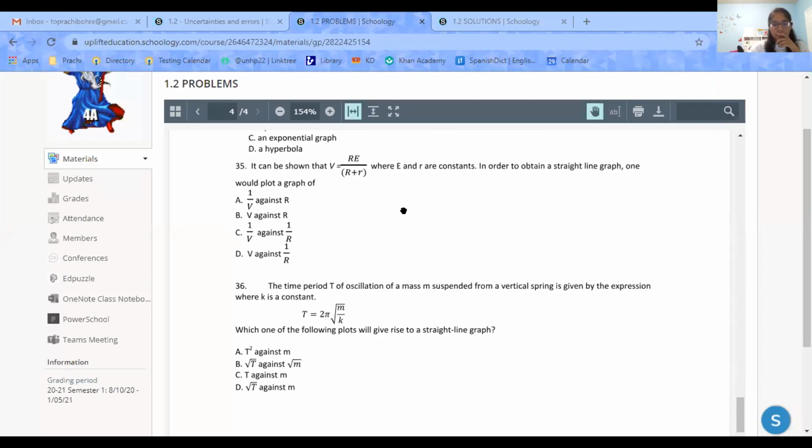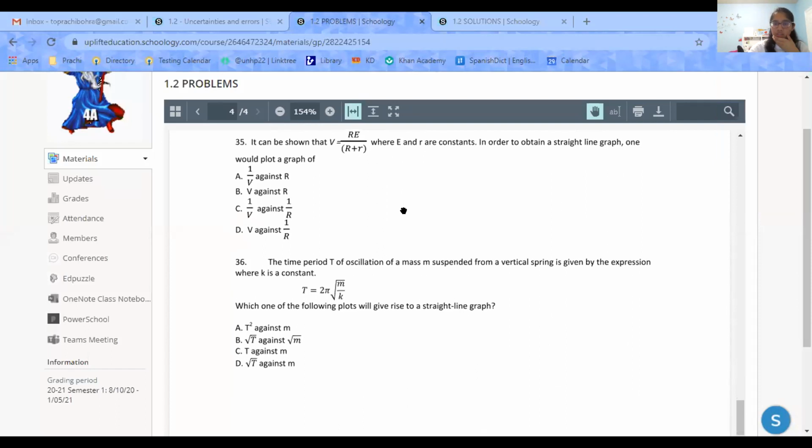Right, these were confusing for me in class too, because of the one problem where she says that you would graph something against 1 over t squared. I was like, how would you get a straight line from that? Because it doesn't seem like it would produce a straight line. Well, I got number 36.